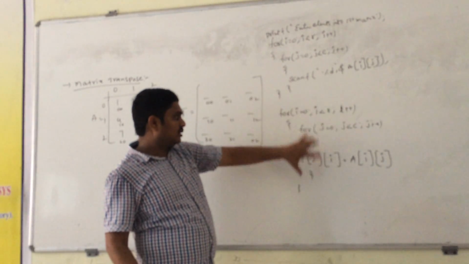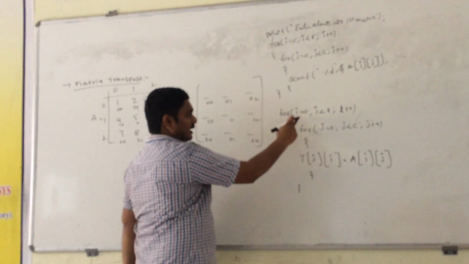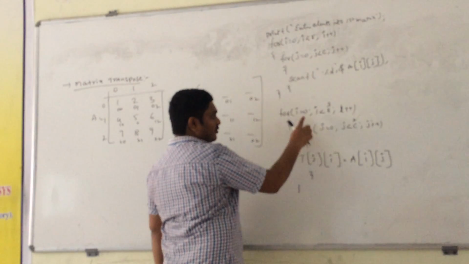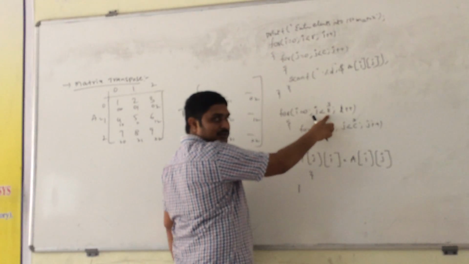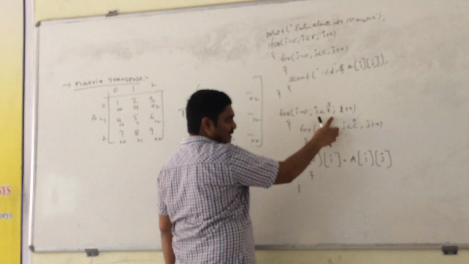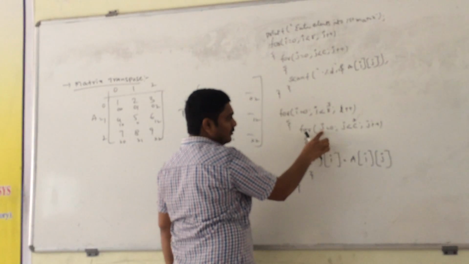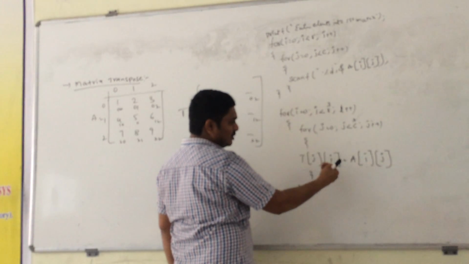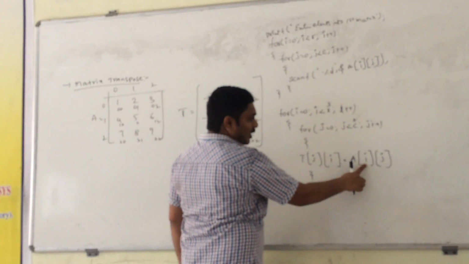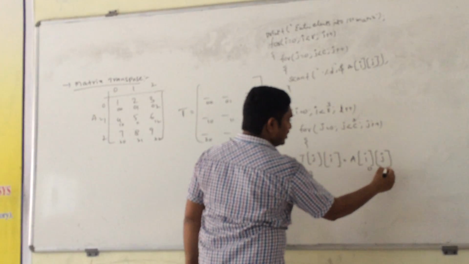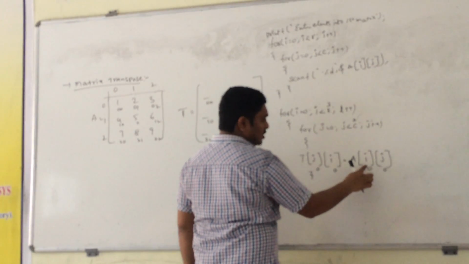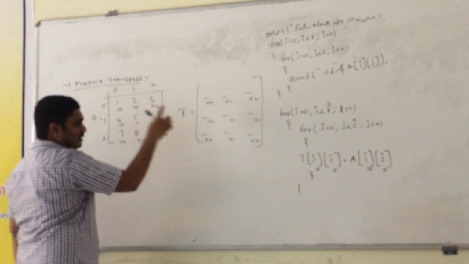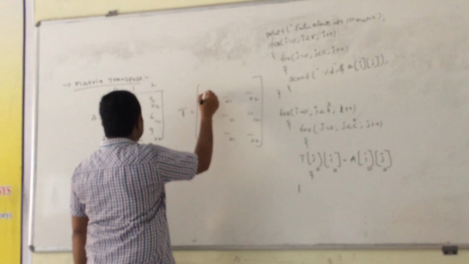So I am examining this logic now. For i equals 0, here the number of rows is 3 and the number of columns is also 3. So for i equals 0, i less than 3. That means 0 less than 3. The condition is true. It enters into the inner for loop. For j equals 0, 0 less than 3. It is also true. Hence it enters into the loop. So for A of i, j, here the i value is 0 and the j value is 0. So the A of 0,0 element is stored in the transpose matrix at 0,0 position.